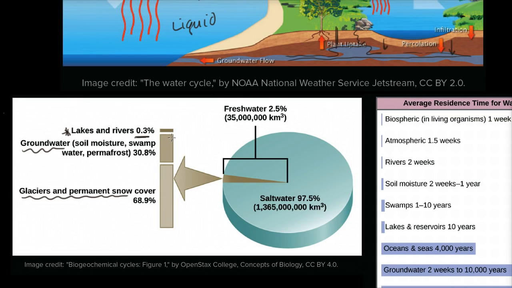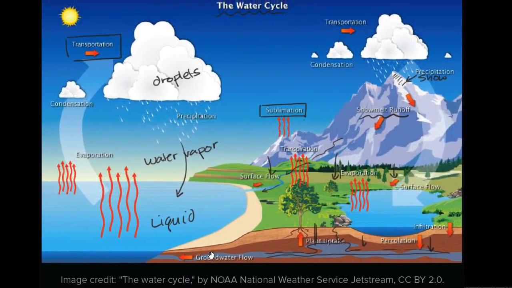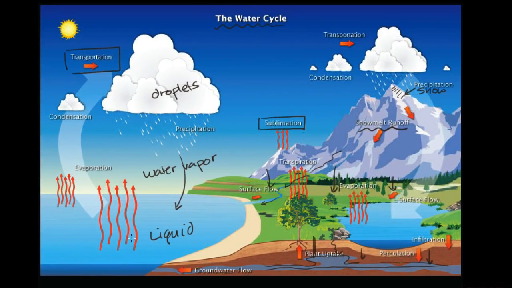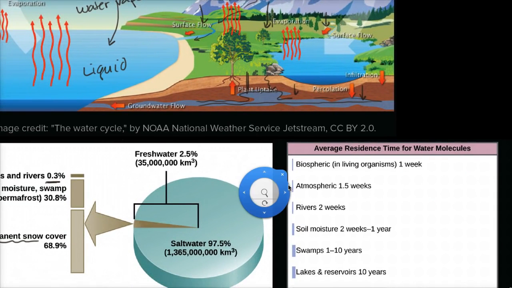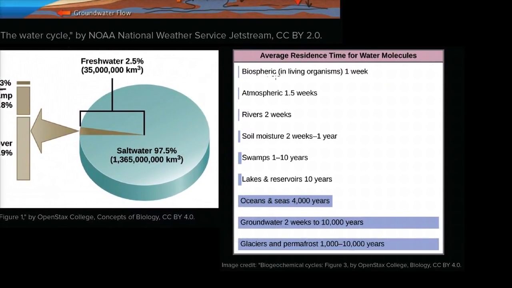Now, another really interesting thing is how long, on average, water molecules might stay in different parts of this water cycle. So, going back here, you can imagine that a water molecule could stay for a very long time in the ocean, especially since it's going to be moving around depending on ocean currents and temperature and all of that. But you could imagine it could stay in that liquid form in the ocean for a very long time. And maybe it spends a shorter amount of time in a cloud. And people have actually studied this, which I find fascinating. I'd be curious to figure out how they actually got this data. But this is the average residence time for water molecules.